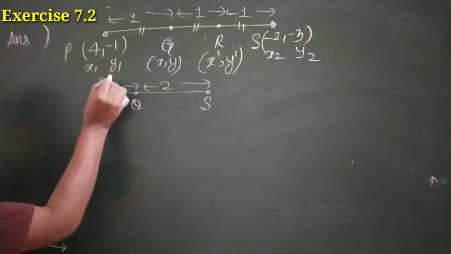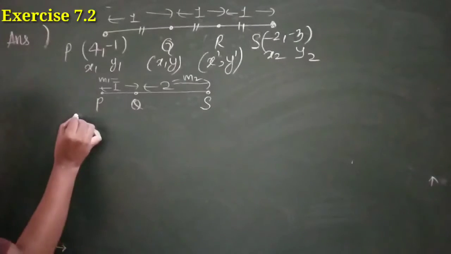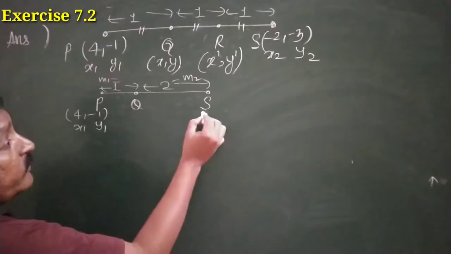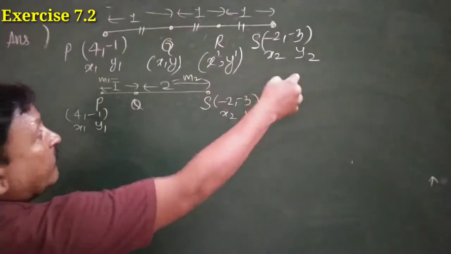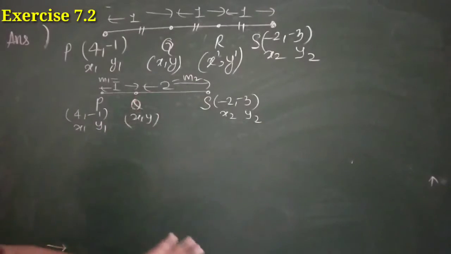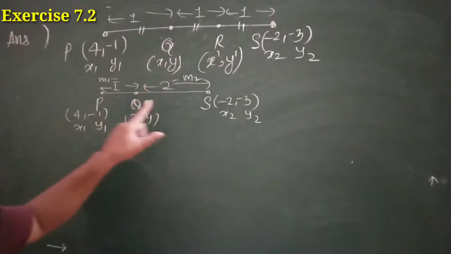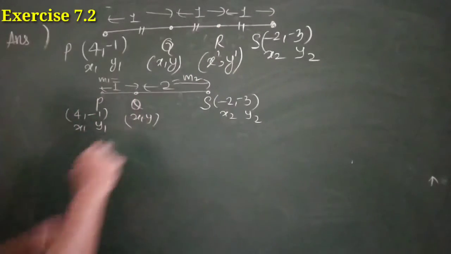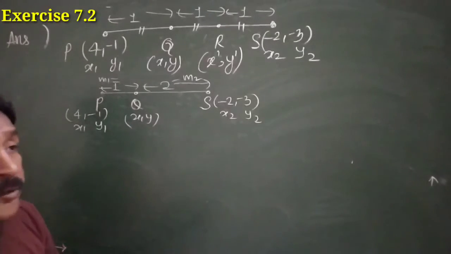So we are having, this is our M1, this is our M2, and P was 4 comma minus 1 means x1 comma y1, and S minus 2 comma minus 3 means x2 comma y2, and the coordinates of Q are x comma y. मैंने क्या किया, मैंने इस क्वेश्चन को देखने का नज़रिया ही चेंज कर लिया. पी एस एक लाइन हो गई, पॉइंट क्यू हो गया. अभी मैं सिर्फ फोकस करूंगा क्यू पे, अभी मुझे आर नहीं निकालना है. ओके. तो मेरे पास m1 भी है, m2 भी है, x1 y1 भी है, x2 y2 भी है, एंड आई हैव टू फाइंड x y, एंड आई थिंक I get done question number 1 in the same way.